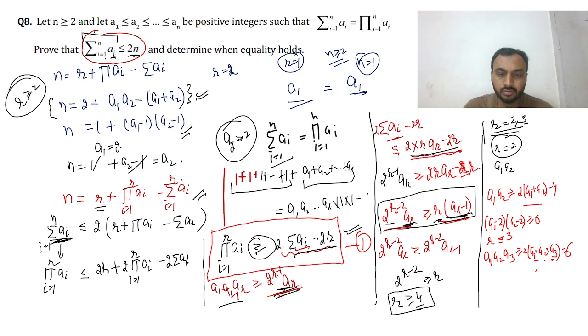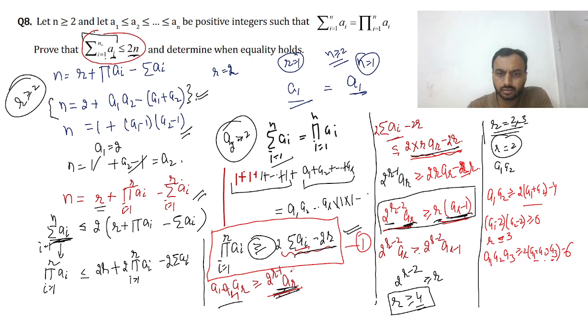Now we proved that the summation of ai is less than or equal to 2n. The last part is to determine when equality holds. When does the equality hold? So to find the equality, what we can do,